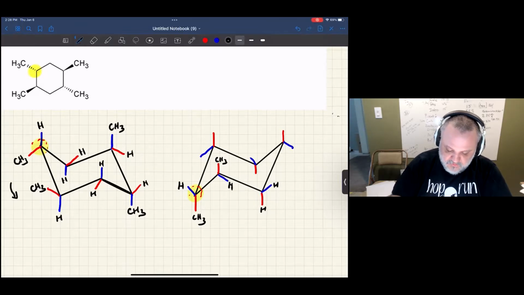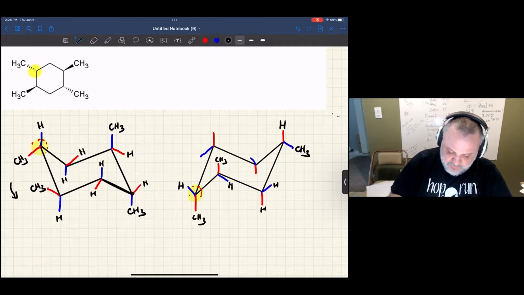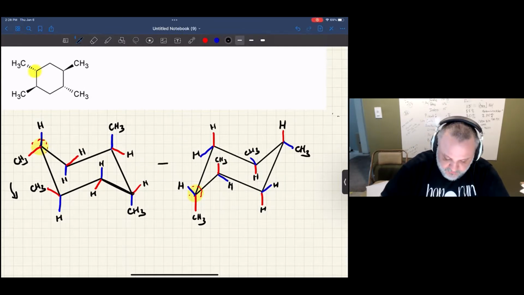All right, so let's go around here. CH3, skip an atom. And now I'm here. There's my CH3 pointing down. Axial went to equatorial. And then now I've got CH3 pointing up. Axial went to equatorial. Okay, now that I've got all four structures